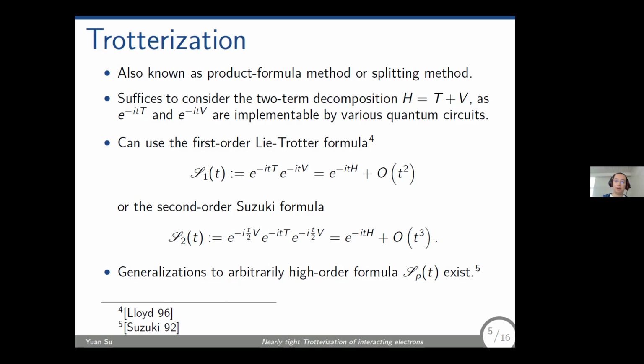Well, we already know that we can, for example, use a Jordan-Wigner encoding and decompose a Hamiltonian into Pauli strings. But actually, you can do something smarter. It turns out that you only have to do a two-term decomposition. So just decompose H into T plus V, because in fact, both operator T and operator V can be efficiently exponentiated on the quantum computer. So you don't have to do that fine-grained, low-level decomposition.